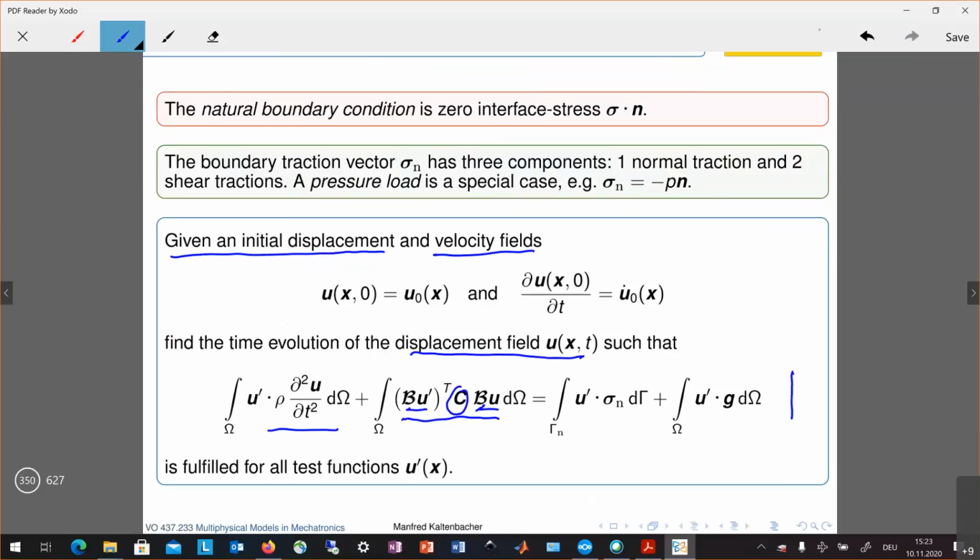And on the right hand side we can have any standard source term due to some force density,